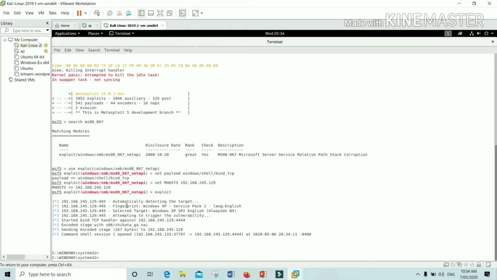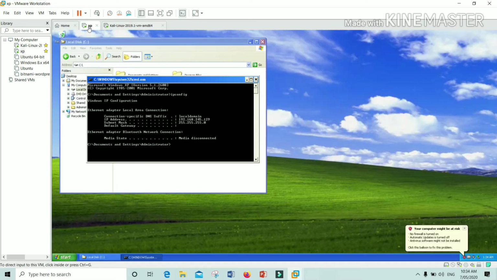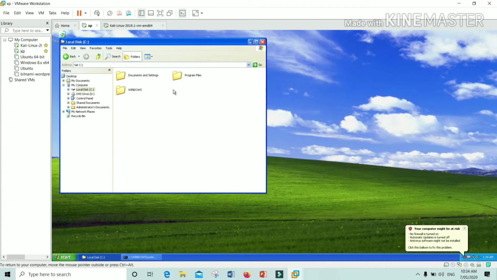Let me show you whether it is genuinely hacked or not. Let's go to Windows XP. I'm going to create a folder here under the name of Kali from Kali Linux.